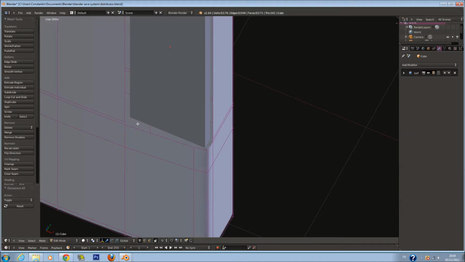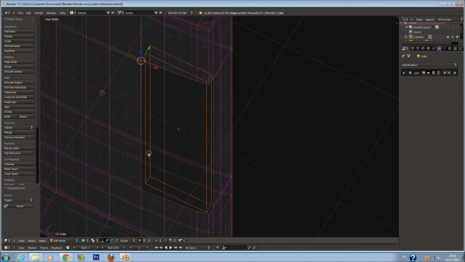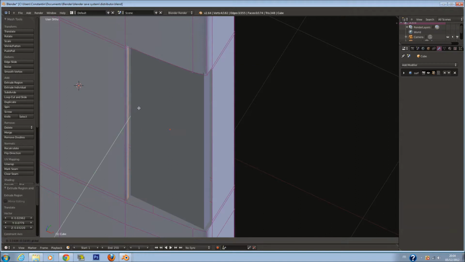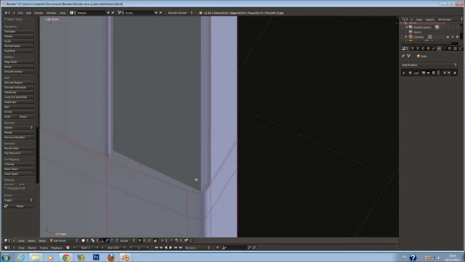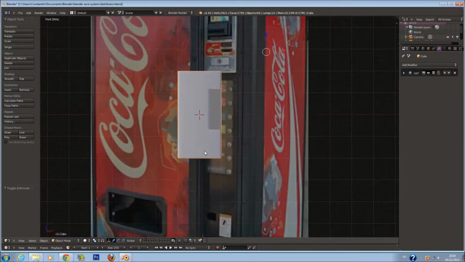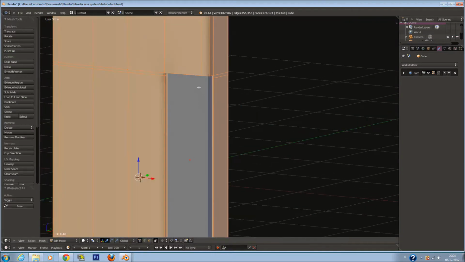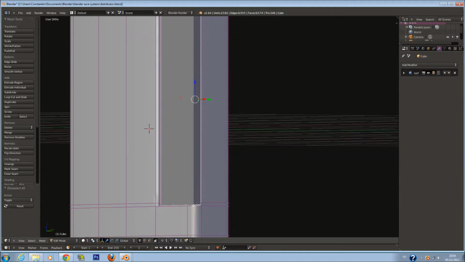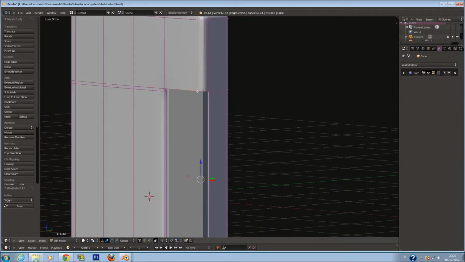So we need to create a triangle here. If you see this, they have a kind of triangle form here. So we need to select these vertices here, okay, and you extrude out with E, just a little bit. And now we can create this triangle form, but first